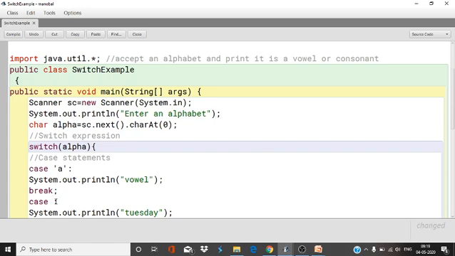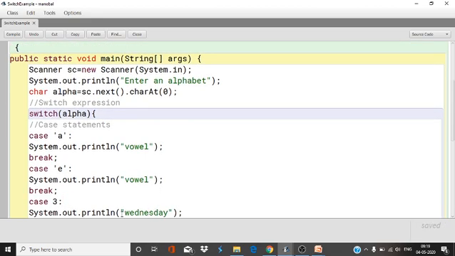If it is e, also it will be vowel only. If it is i, also it will be vowel.